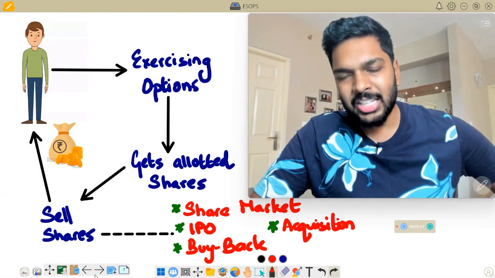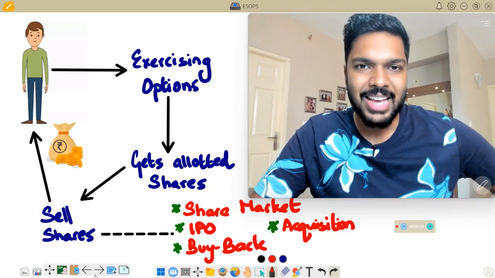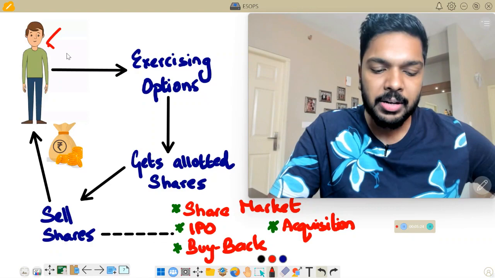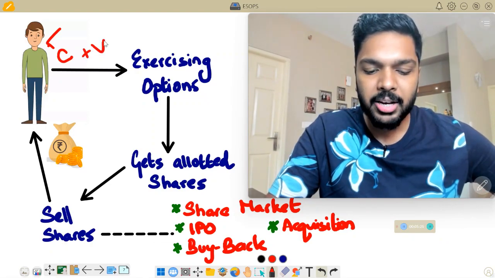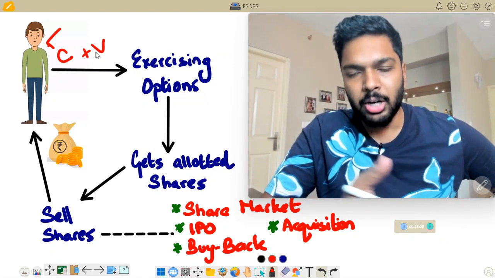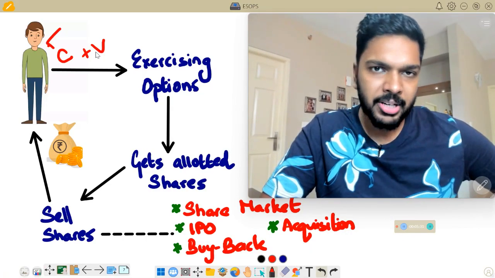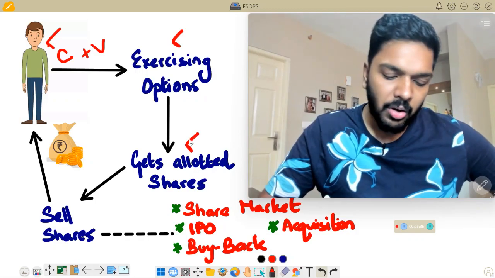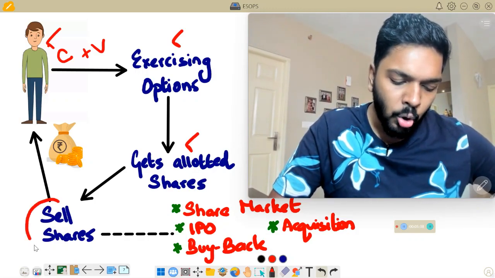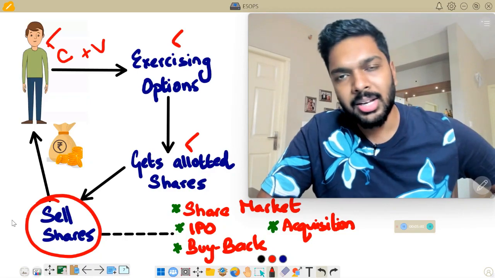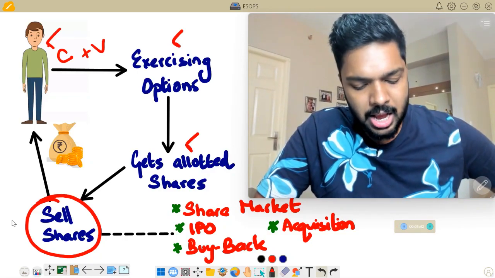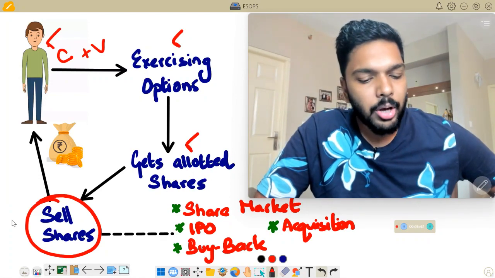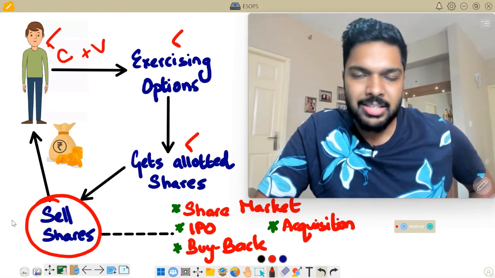Well, before we look into the tax part of things, I'll just summarize the whole game of ESOPs. So if you are the employee of the company, and once you've completed your cliff and your vesting period, you'll be undergoing your exercise period, and at the particular date you'll be exercising your options, for which you'll be allotted shares. Once you get the shares, you'll be looking forward to sell these shares, liquidate it, and get money into your bank account. Now the real question is, when can you sell the shares, or when can you liquidate these shares?